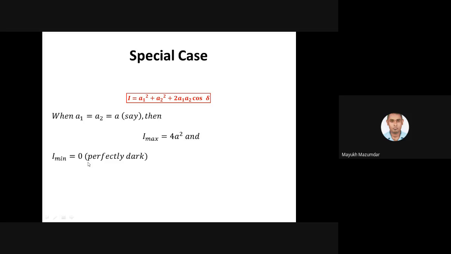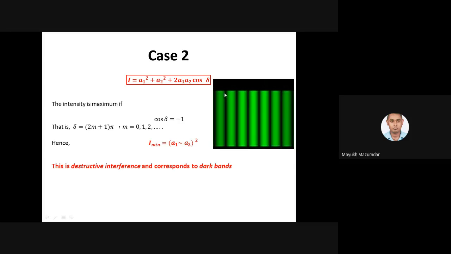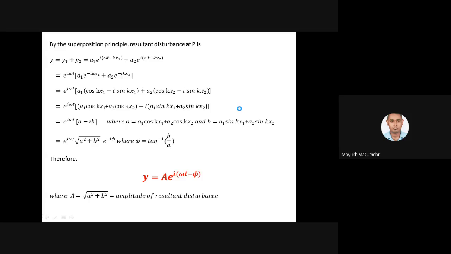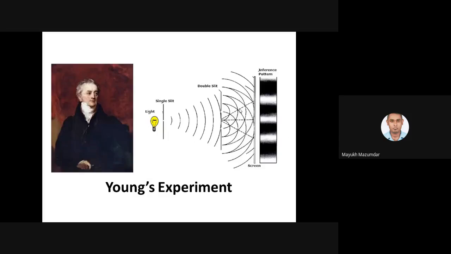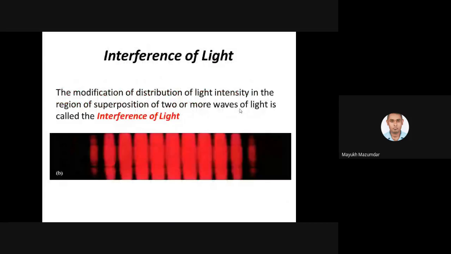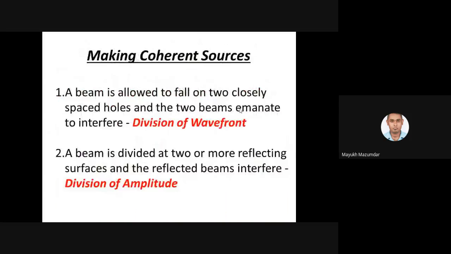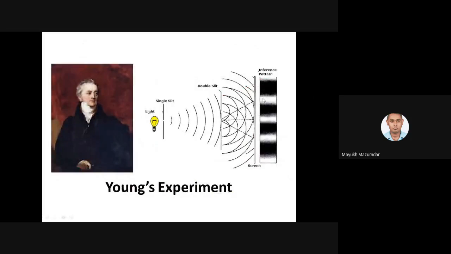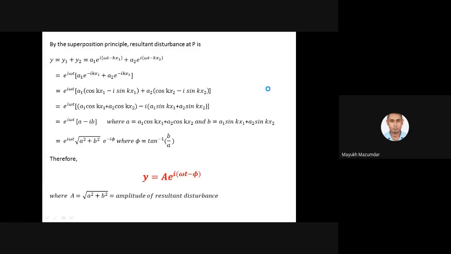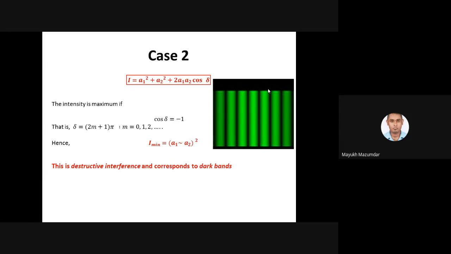That means this region should be perfectly dark. Suppose the brights are red and this is pinkish. No, it's not like that. It is completely dark. And you can see yourself that if the dark areas are perfectly dark, then the visibility is clear. Then you can say, yeah, the first bright band is from here to here.